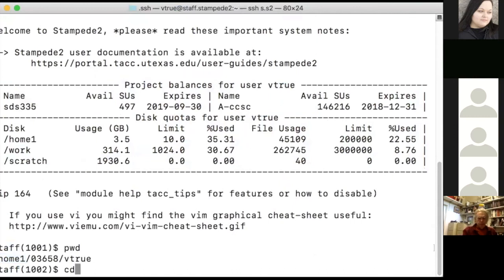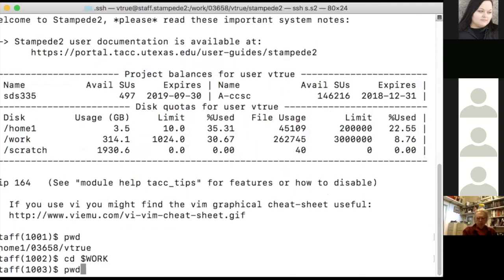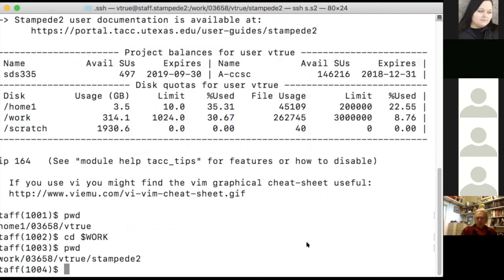To move between directories, you can do cd $WORK. And the reason I use the shortcut there is you can see that the shortcut on Stampede2 sends me to the work directory, but then my specific work directory, and then Stampede2. And the reason for that is that the file system exists on each system. So Work is universal to every system that we run. The file system Work is internally known as Stockyard.